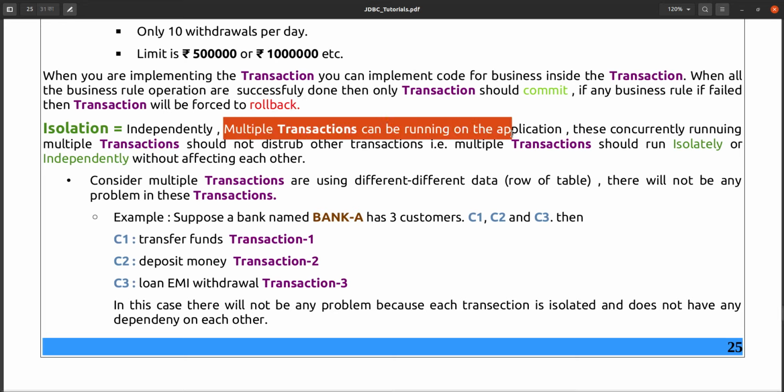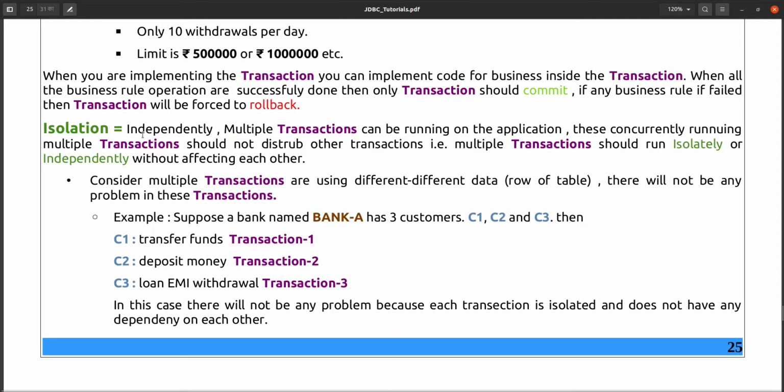Suppose you have a bank account, so you can do multiple operations. You can withdraw money, at the same time you can check the balance also, or you can deposit an amount, or you can apply for a loan application. So many operations you can do. Each of those will be considered one transaction.